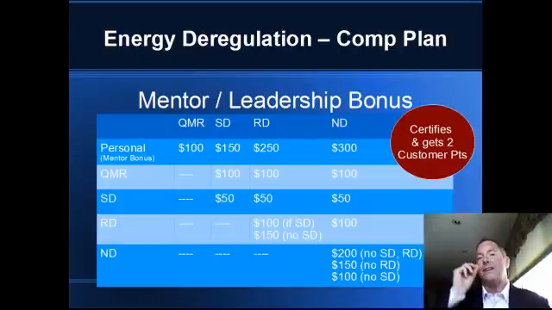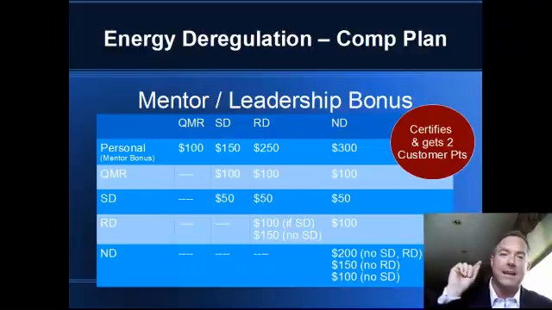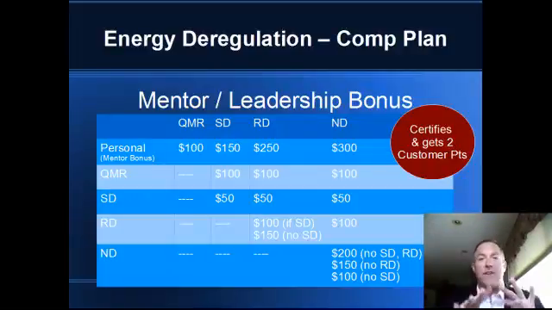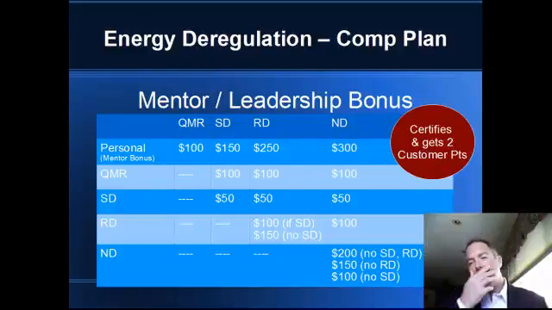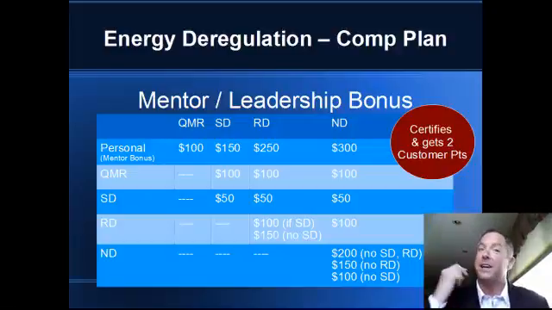Absolutely incredible. Now the key is, somebody comes in, they join, okay? We got to get them certified in the back real quick, which is a 5-minute test. What is energy? What is gas? What is electricity? Can I lie? Do I have to be truthful at all times? Etc. All these very simple 5-minute tests. And then you fire up your website and you get 2 points.